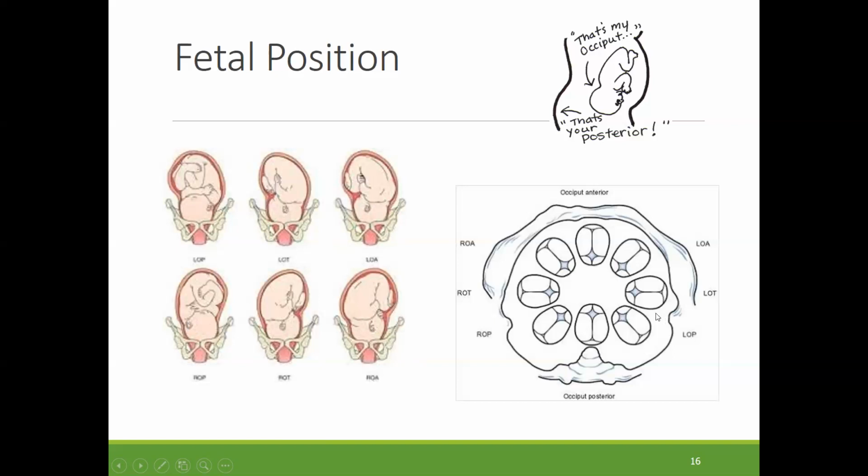Okay, so again, that's what they look at. And this is how I would be feeling. In this picture here, if I had my hand in mom's vagina and I was feeling for which position baby's in, I'd be feeling for those fontanelles to see, okay, is this a posterior fontanelle? Is this an anterior fontanelle? Which one is it? Then I can determine which position baby is in, and that'll help me know, am I going to have potentially long hard labor? Am I looking at C-section, or